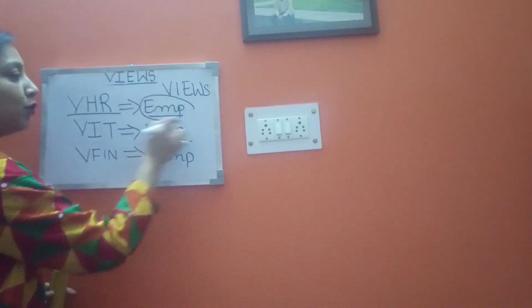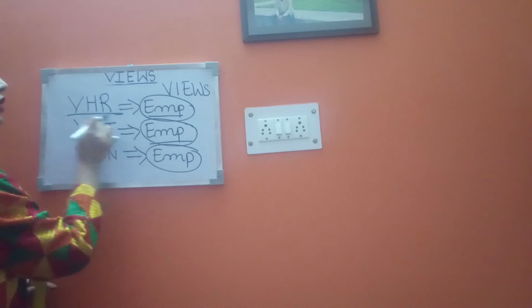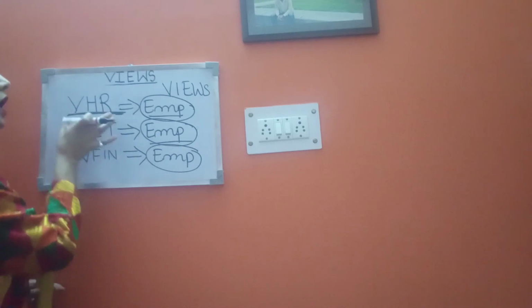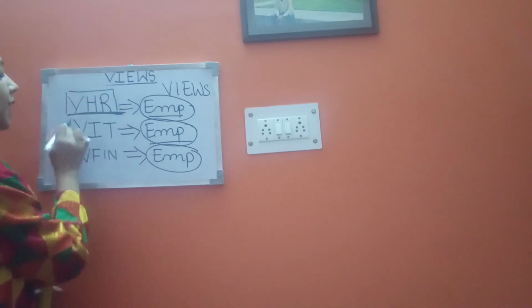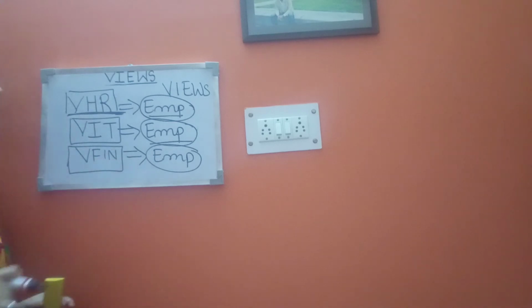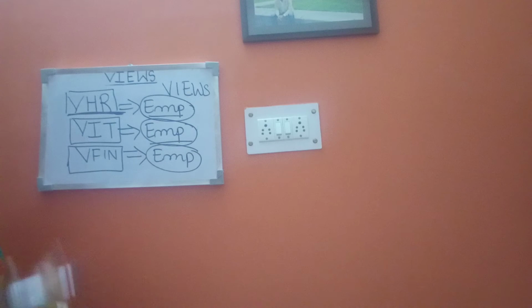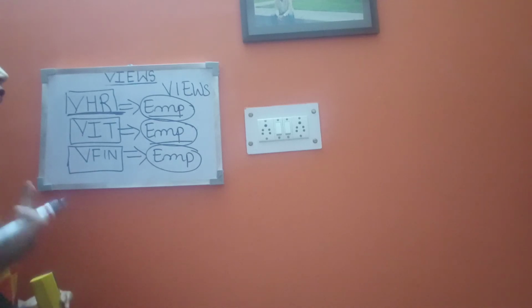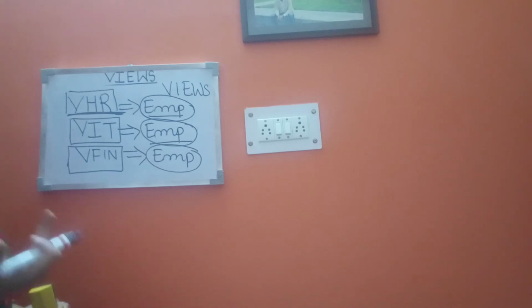So from the employee table, I am taking only those records which should be visible at any point of time. This is possible with the help of a view, because if I access the entire table, I will be able to see all the information in that table. But if I want to restrict a user from viewing the entire information of the table, I need to create a view which will contain only that information that should be viewed by the user.